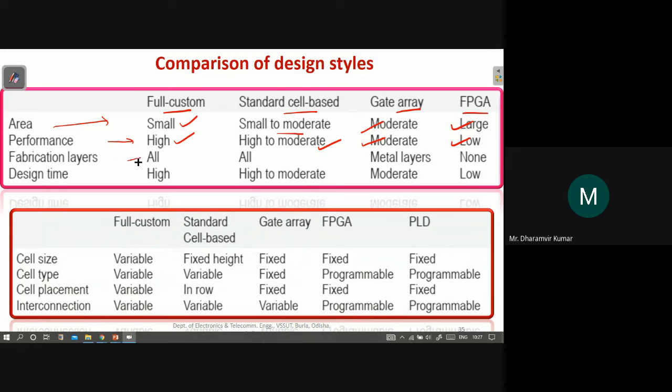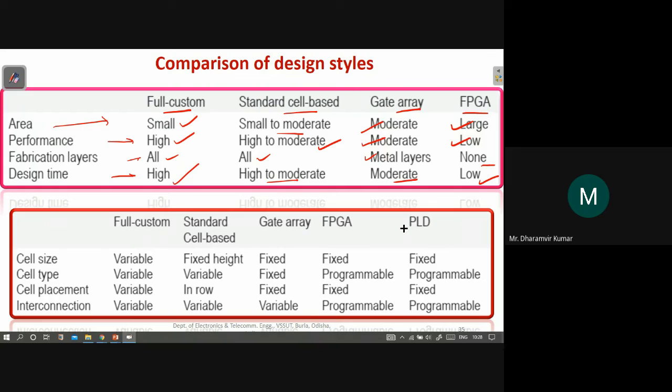Application layers: all layers are used in full custom, in gate array we use metal layers, and in FPGA no fabrication is required because the chip is already there to test, so none. And design time is very high in the case of full custom, high to moderate for standard cell based design, moderate for gate array, and lowest for FPGA based design.